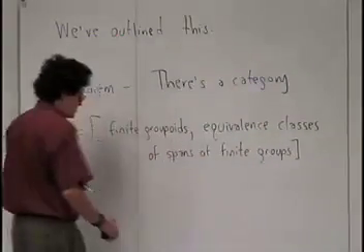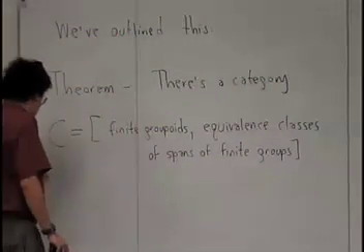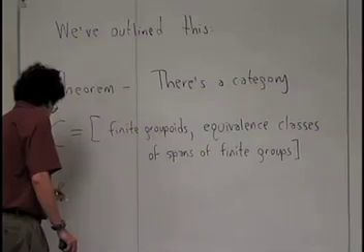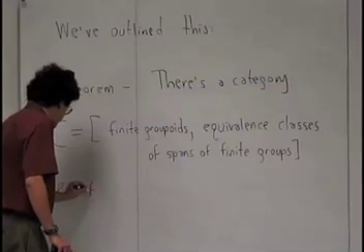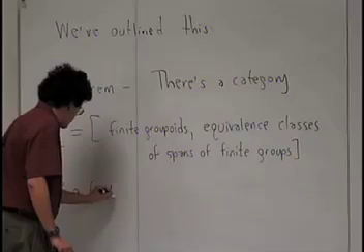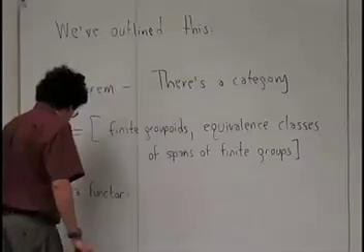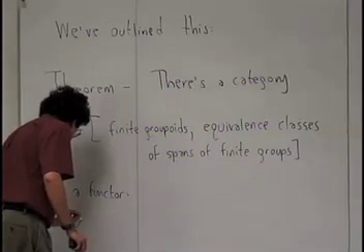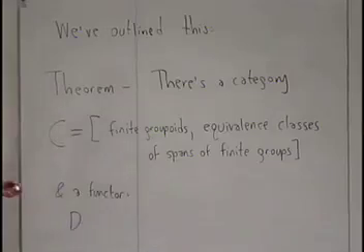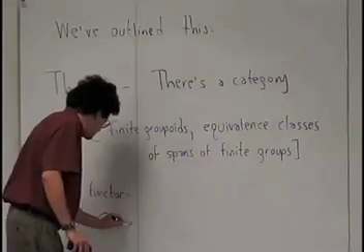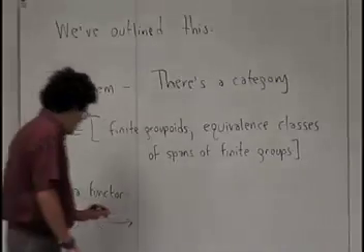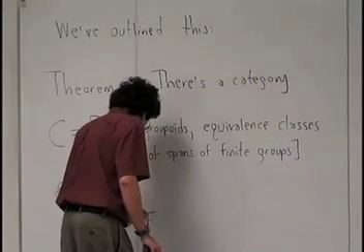And so I need to say more about that category, but marching right ahead, there's a functor, which is a kind of decategorification process that we've been talking about, which goes from that category C to the category of finite-dimensional vector spaces